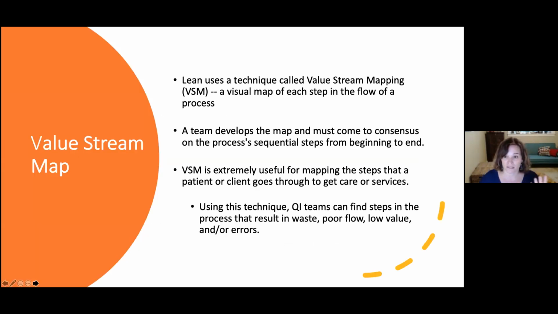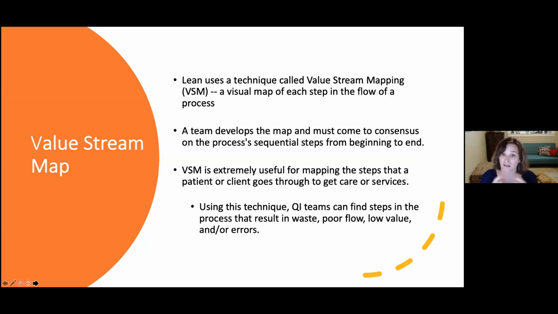So a key step in a Lean process is starting with what's called a value stream map, VSM. It really is just a visual representation of every step in the flow of a process. Other models would just call this a flow chart or a system process. In the Lean model, it's called a VSM.